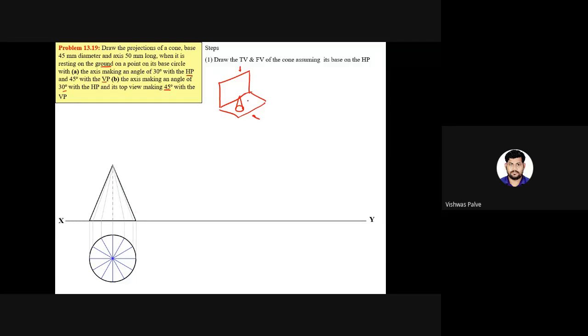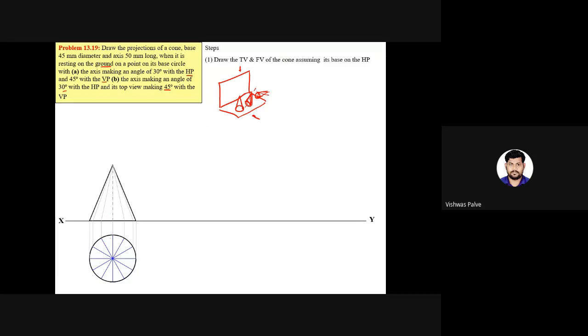Now in the second stage, what we are going to do? We are going to tilt this object. Okay, when you tilt this object, what happens? It will be resting on one of its points. So the object will be inclined with some inclination. Inclination is given as 30 degree with HP. So the axis will be inclined at 30 degree with HP. And in third stage, what is happening? 45 degree with VP. The axis again we have to make inclined 45 degree with VP, means somewhat like this we can incline. This will be the stage 3. So first stage we can easily draw. The second and third stage we have to draw with the reference of stage 1.